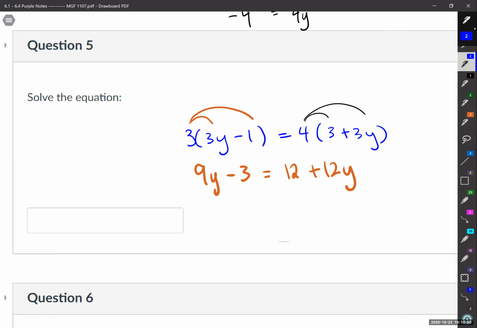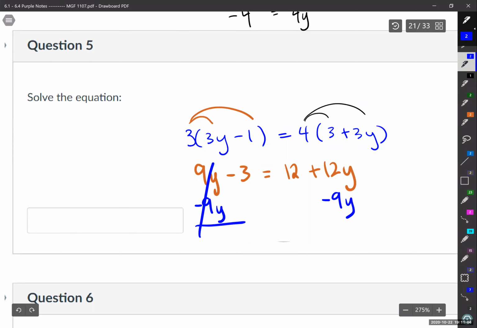So when we distribute, we should get a 9y minus 3 on the left side, 12 plus 12y on the right side. My goal is to get the y's to one side, numbers to the other. So I'm going to move the 9y over. It's currently positive, so I'll subtract it. Always do the opposite operation. And that would leave us exactly with a negative 3 on the left side and a 12 plus a 3y